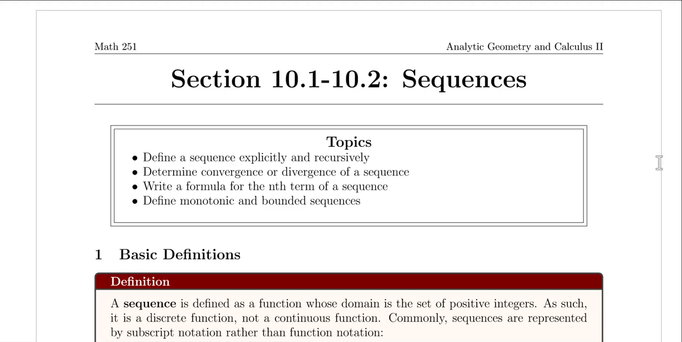Hi everyone, welcome to our video lecture on sections 10.1 and 10.2 dealing with sequences. In this video lecture, we'll be defining a sequence in two different ways, explicitly and recursively. We will also determine whether a sequence will converge or diverge. We will write down the formula for the nth term of a sequence, and lastly, we will define monotonic and